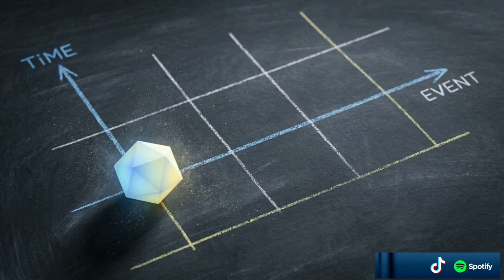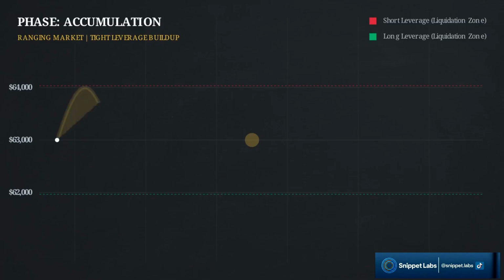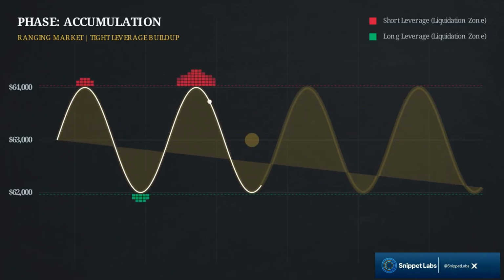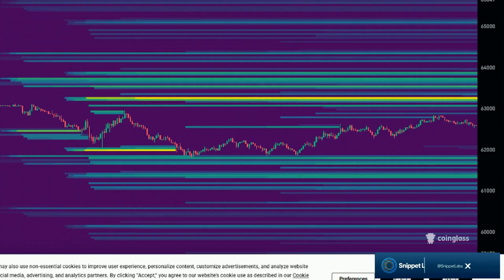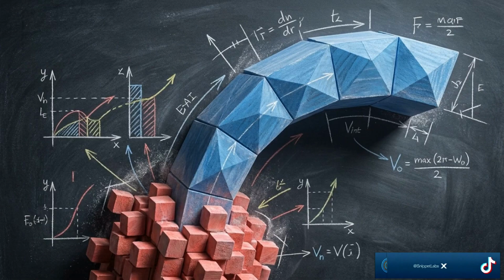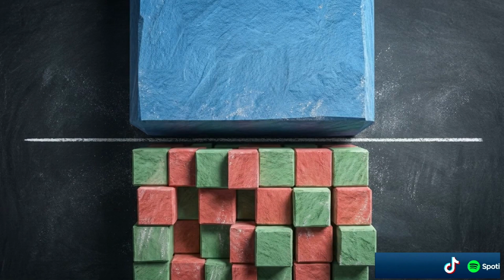Let's start the clock at midnight on July 14th. The market is in a ranging environment, quietly accumulating tight leverage on both sides of the current price. This chart shows resting order flow at our window start. Notice the intense yellow liquidation band sitting at the 62,000 support level. Watch the market price wick down to pierce that threshold, triggering forced sells, followed by an immediate upward rebound candle. That localized sweep instantly provided the counterparty liquidity that institutional buyers needed to fill their orders without pushing the price